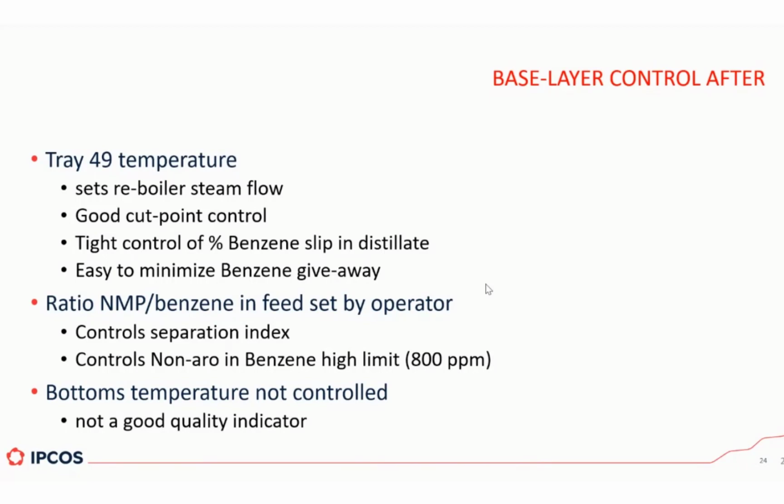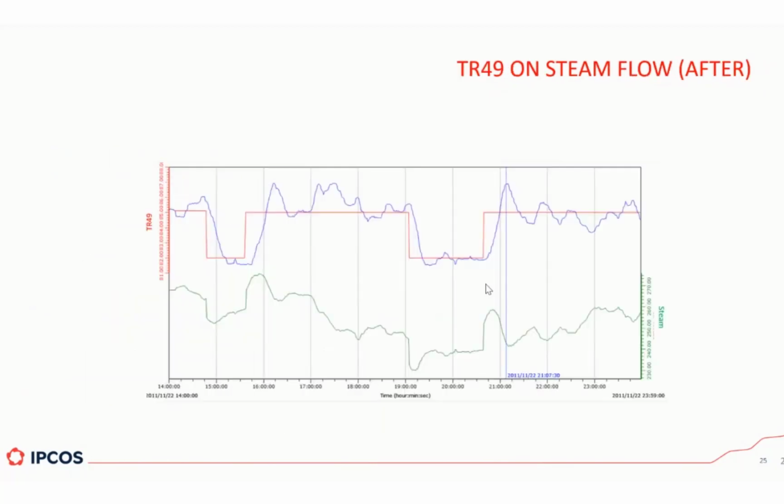So this is what is done here. So with that, it allows for control of both top and bottoms. This is after we implemented the control. You can see how, for example, when a set point change was done in the tray temperature, acting now on the steam, not like before on the solvent, but acting on the steam, when you did the change, you see